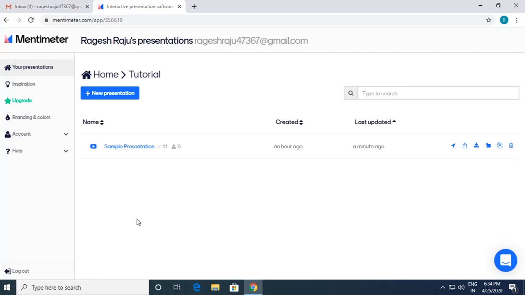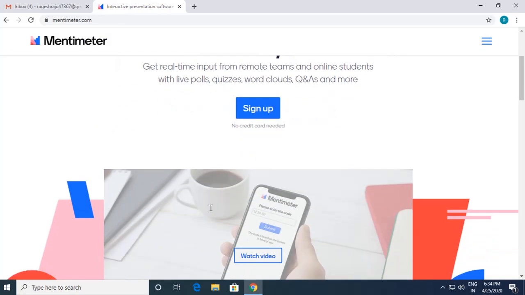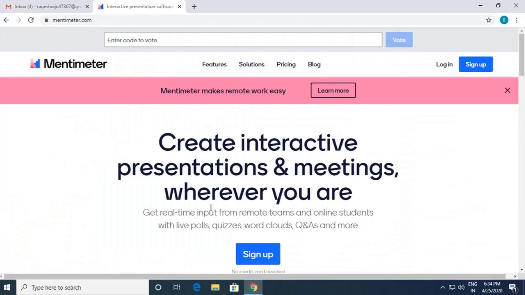You can just try out Mentimeter and see how well it works. You will be amazed with the results, and the students or the audience will enjoy playing it. It is also good for student as well as audience engagement. Once you are done with all these things, you can click on log out. So you have logged out and come to this Mentimeter page.